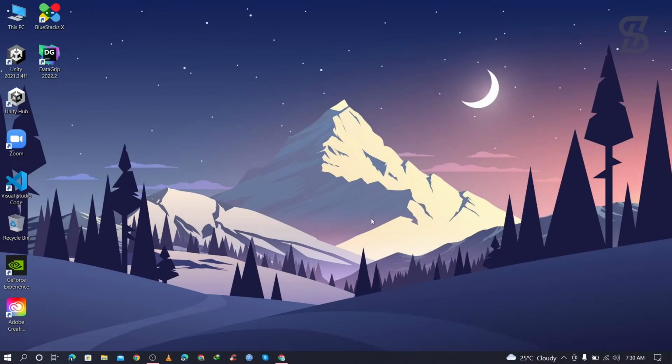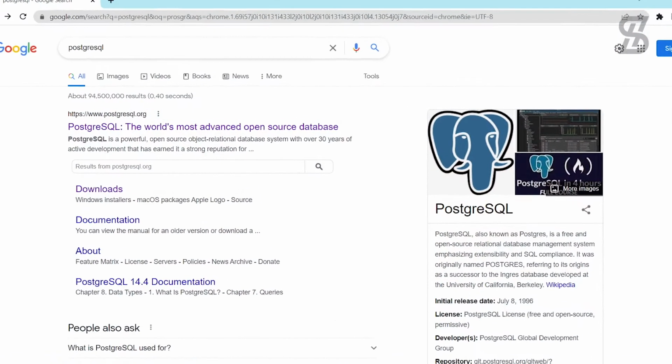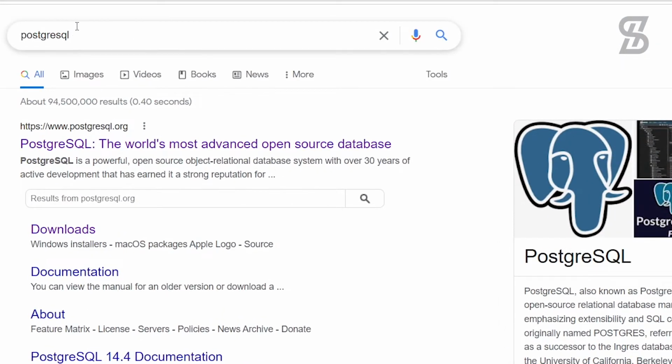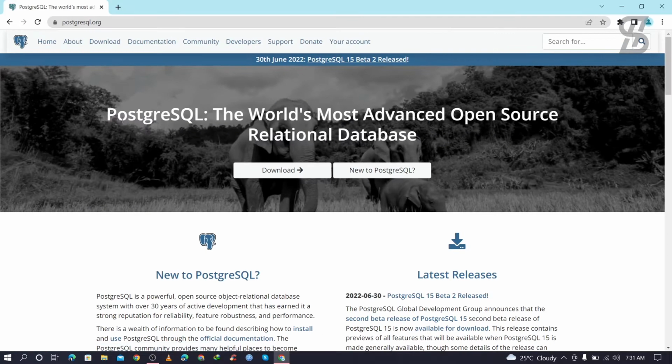So let's start it. First of all, you need to open your favorite browser and search for PostgreSQL. And as you can see, visit the first link which appears here, which is from www.postgresql.org. Just visit the link. Once you click on it, it will show you this kind of web page, where as you can see,